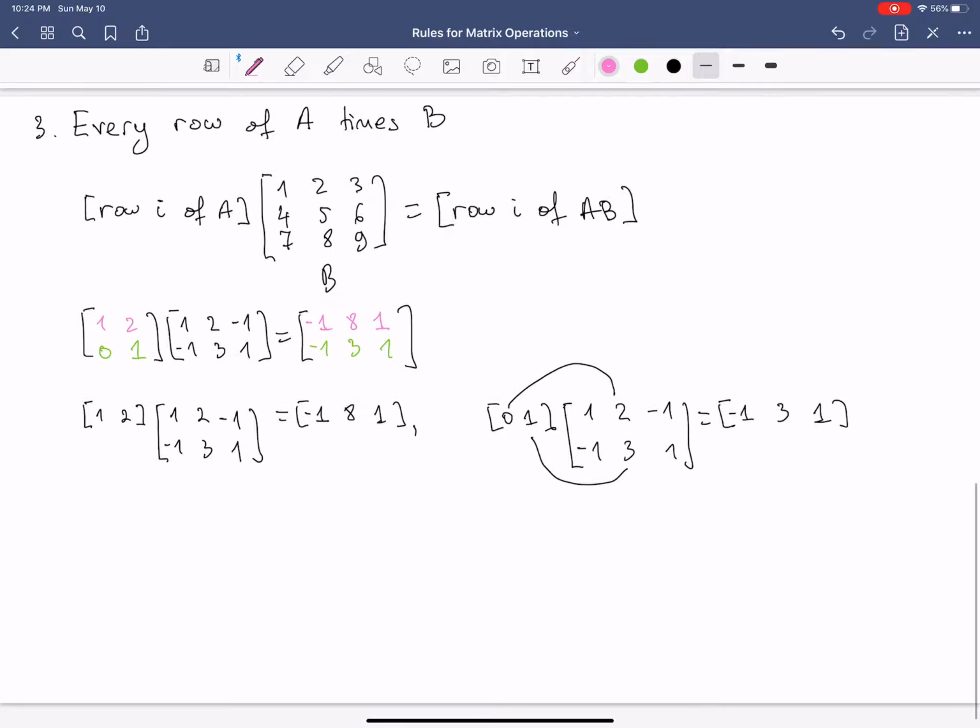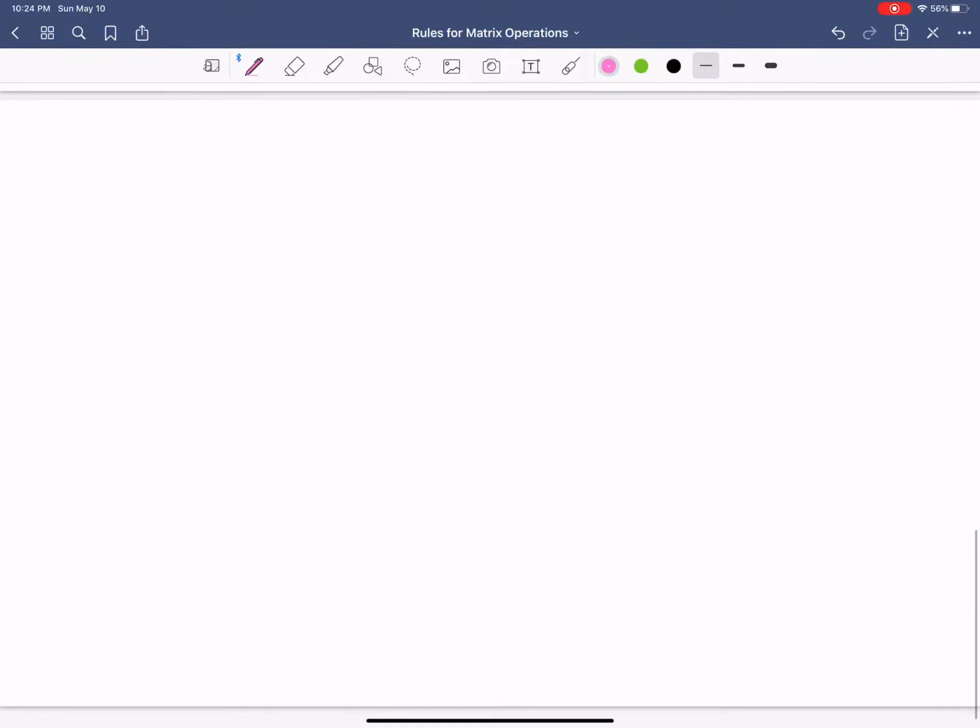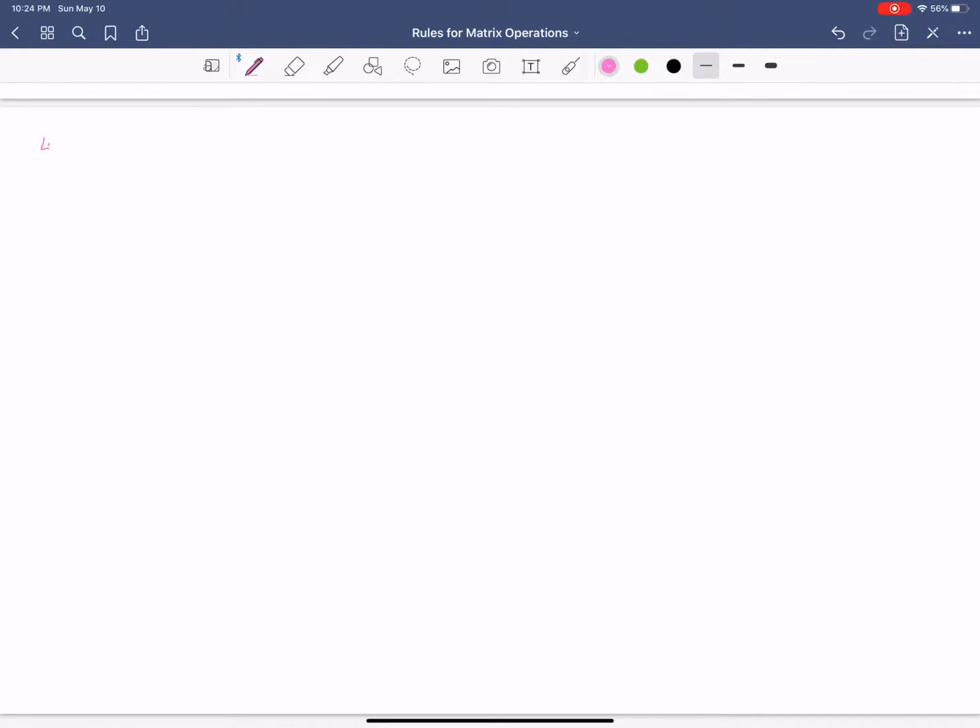Now, the last way, the fourth way to do matrix multiplication. Okay, let me change colors here. The fourth way is columns multiply rows. This is an interesting method. Let me show you with a